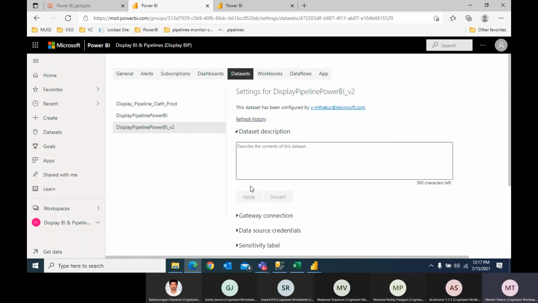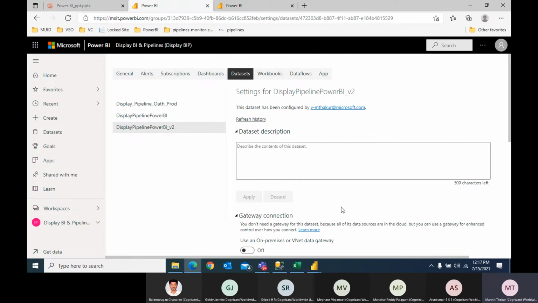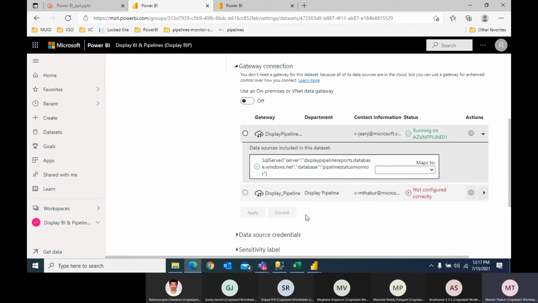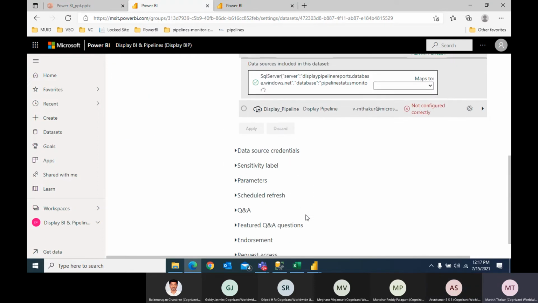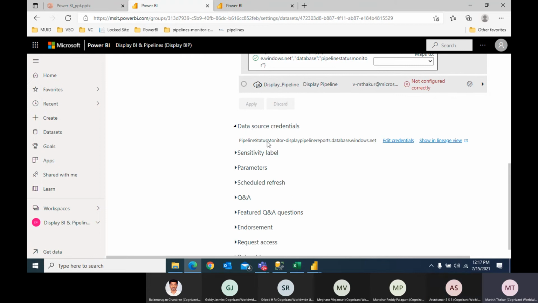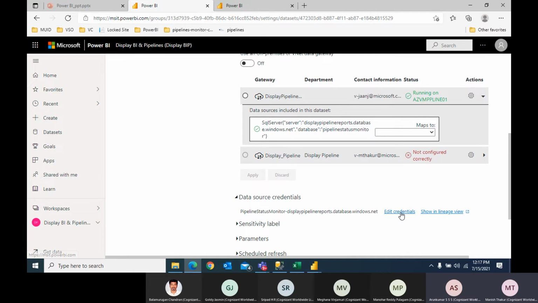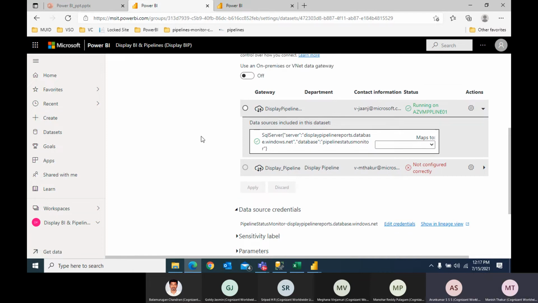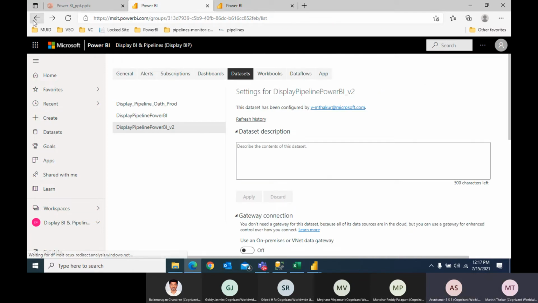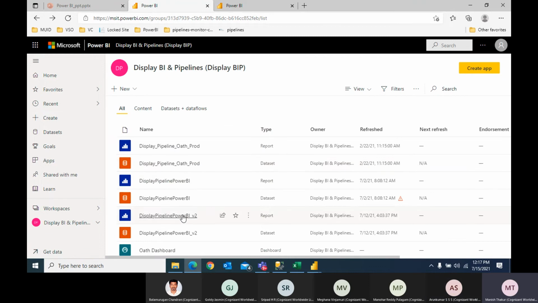Since this is already connected to Azure, I think it is off. It will automatically refresh. Data source credentials, we are using this database, Windows Net. Does it have the latest data? Yes, I think it has yesterday's data.